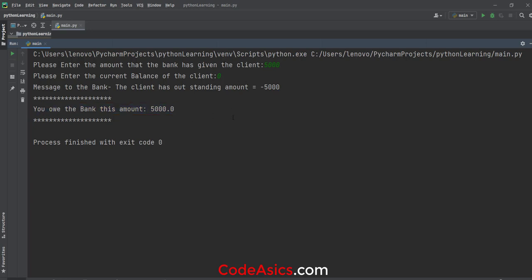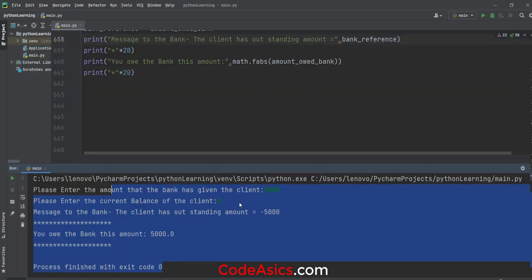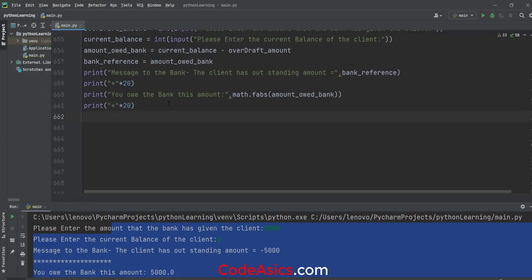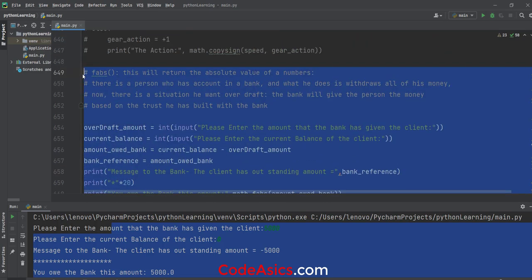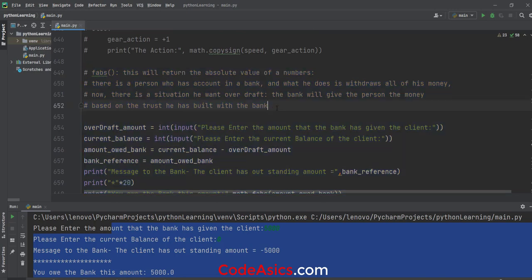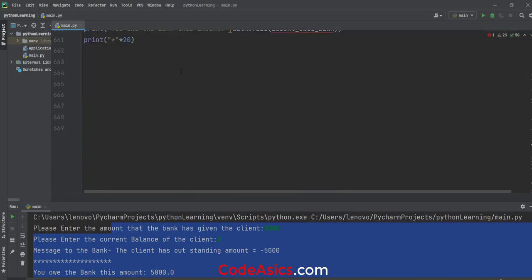You understand how this absolute value function works? So this is how it functions in real time. But this application is not restricted to this example alone. There are plenty of cases where this would come into play. So this is just for your understanding. Okay, so having got this, let us go on to the next one. The next one, let me comment this off and give you this